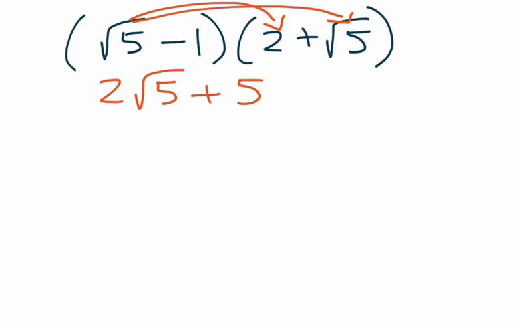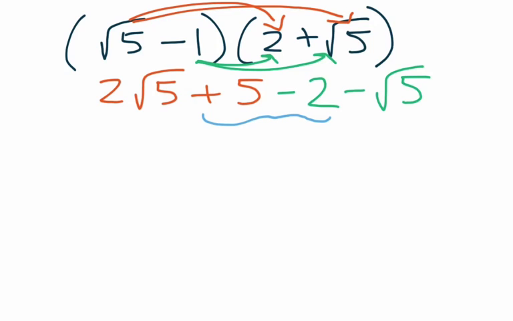Coming underneath, I'm going to choose a different colour, guys, just so it doesn't get messy. A minus 1 times a 2 is a minus 2, because a minus times a positive is a minus. And then minus 1 times by root 5 is just a minus root 5. Let's collect like terms. In the middle, I've got 5 minus 2, which is 3. How many root 5s have we got? I'm going to come to the end again and put that 1 there. I've got 2 root 5s, and then I'm going to subtract a root 5, which leaves me with just 1